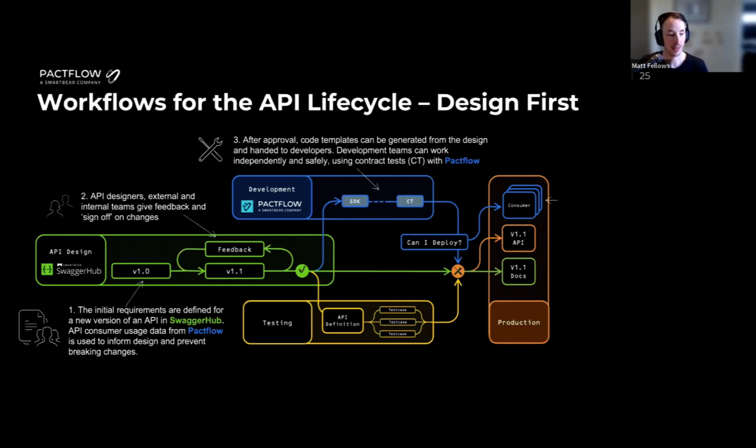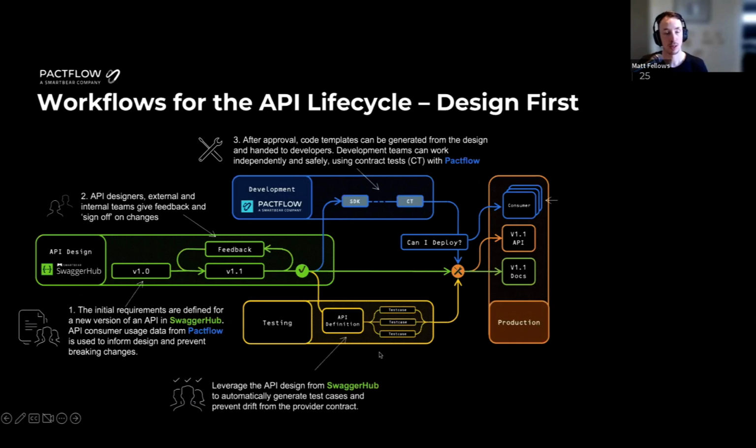Down here in the testing stage, again, we can now build our test approach around the Open API spec. And really what you want to do here is bring a functional testing tool, such as Ready API, or open source tools like Dredd, which will read in an Open API file and then issue requests against your provider to make sure that it stays compliant, and all the assertions built into it will make sure that it's compatible with that Open API spec.